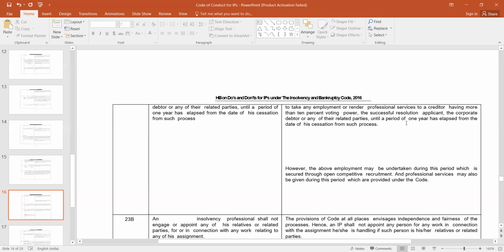हाँ सर, एक सिचुएशन ऐसे दिमाग में आ रही थी, मान लीजिए ABC some hospital which is going under CIRP, ठीक है, and Mr. X is appointed as an RP of that CIRP process, ठीक है, and the spouse of X is undergoing some cancer treatment, ठीक है, and that treatment is being done in that hospital on credit basis which is not under the normal policy of the hospital. ओके, it is not free of cost, but it is on credit basis. In that situation, what should the RP do?